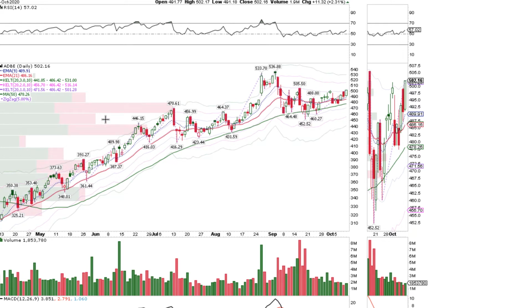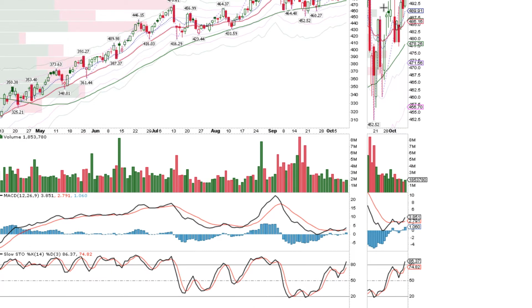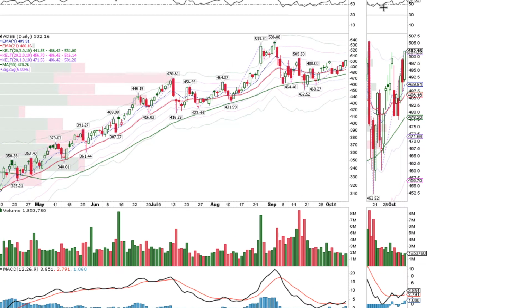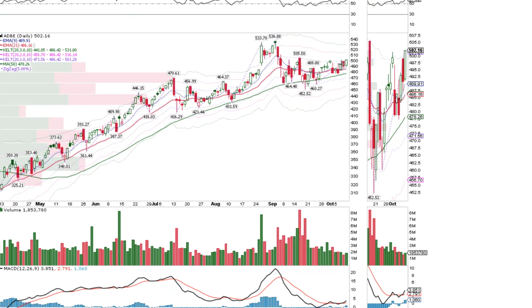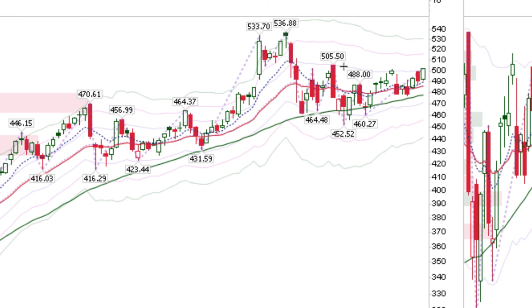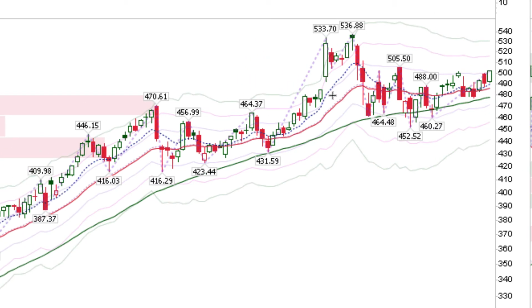Volume by prices back where we consolidated two weeks ago, looking for a follow-through as RSI and volume increase, MACD moves above its signal line, and stochastic is rising. So look for Adobe to test these highs at around 505.50, and then if it can get through that level, 536.88. Remembering that this week we're starting earnings on Tuesday with Bank of America and Citigroup reporting,